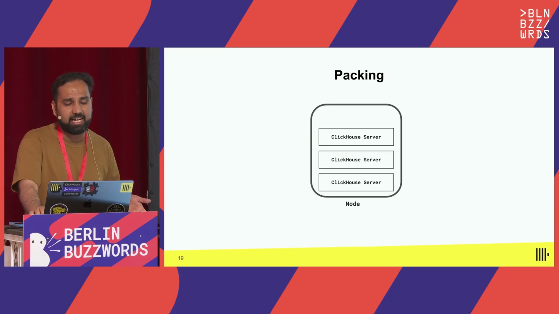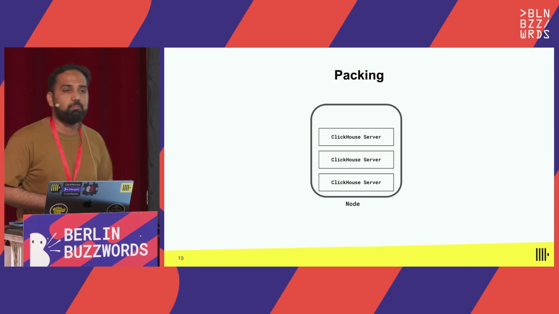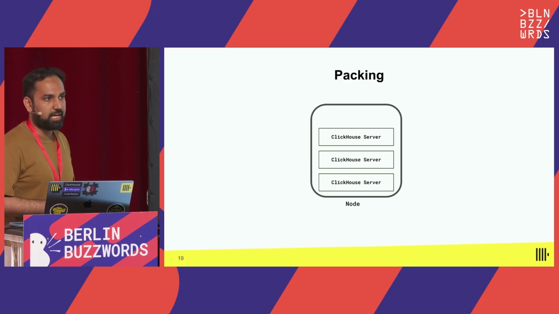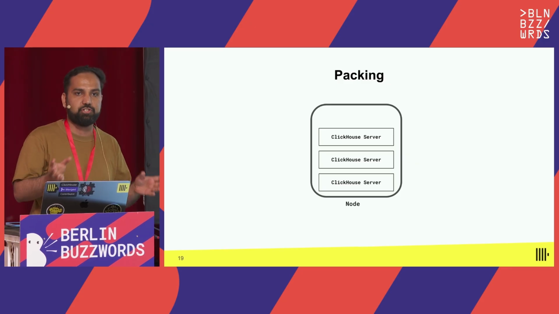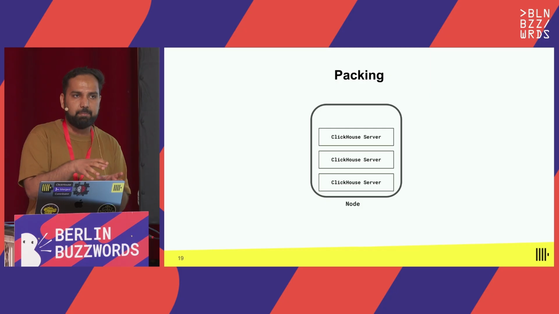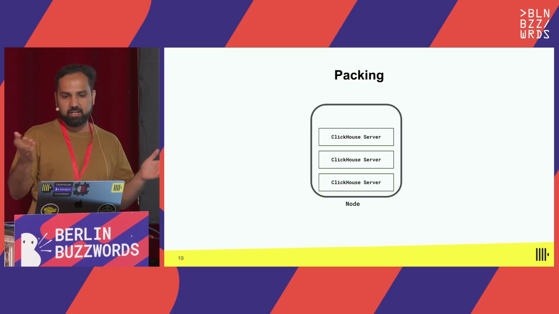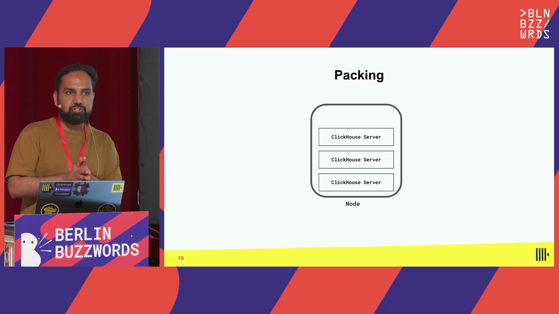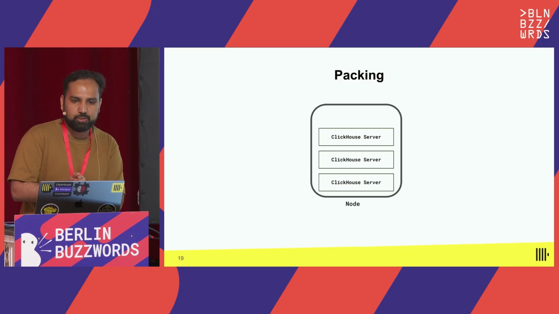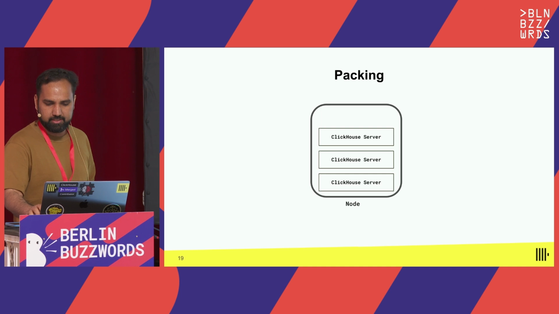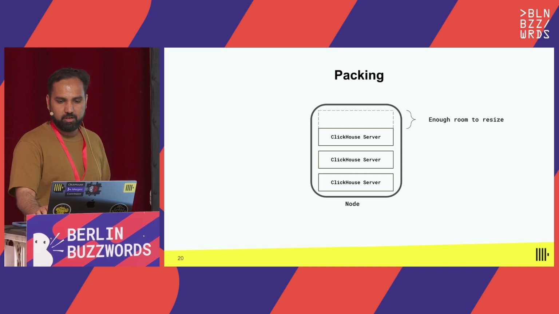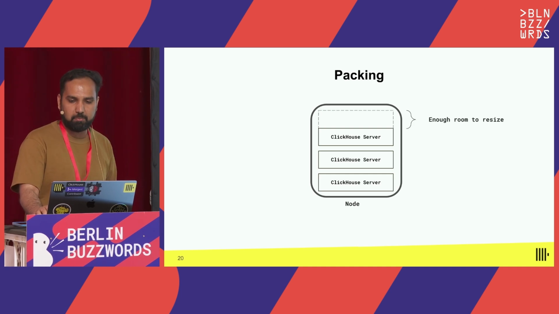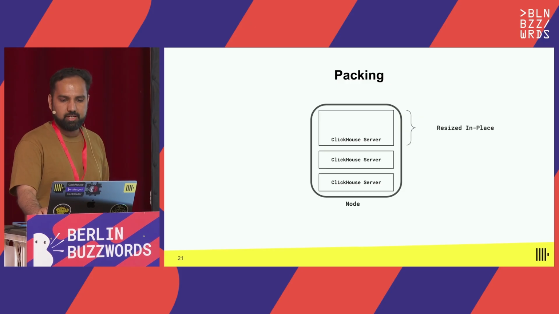The problem is packing. And this is a problem because we use something called the most allocated scheduler to pack our fleet as efficiently as possible when you do bin packing of the fleet. And if you're packing the nodes as efficiently as possible, you by definition cannot always have room to scale in place, right? So we can see this in this example here. Here, for example, on this first replica, you have enough room to resize it. And so you resize it in place and then you're happy.